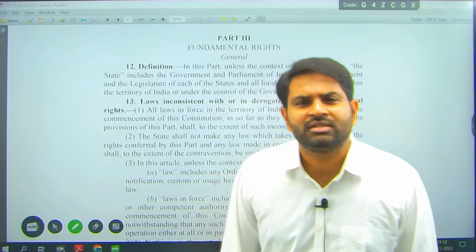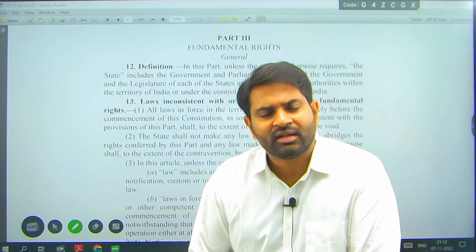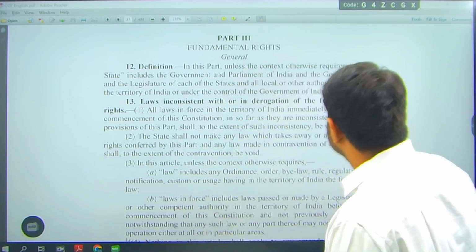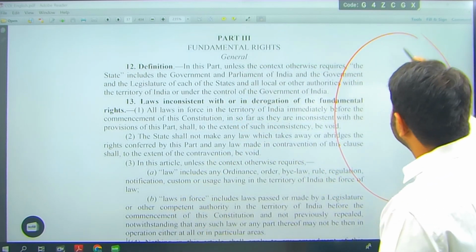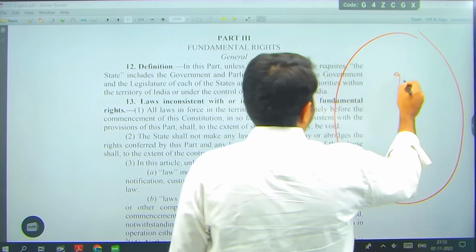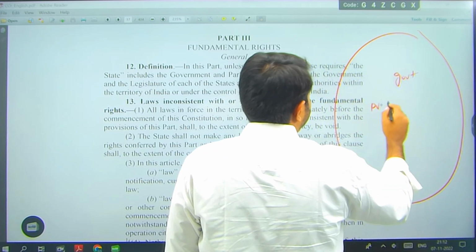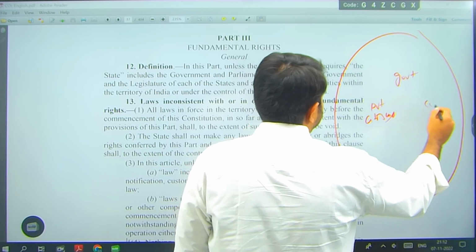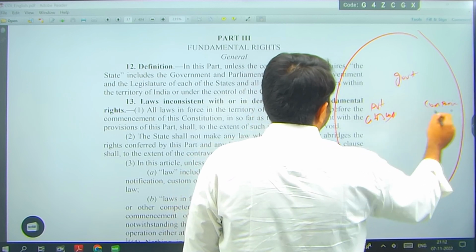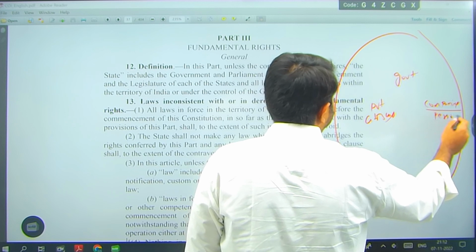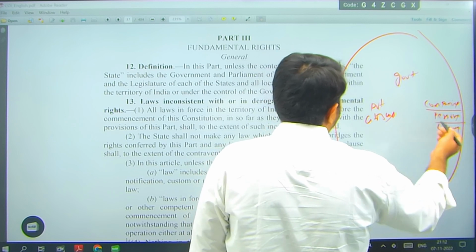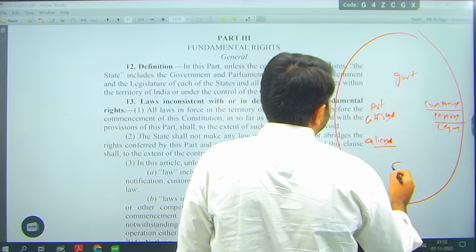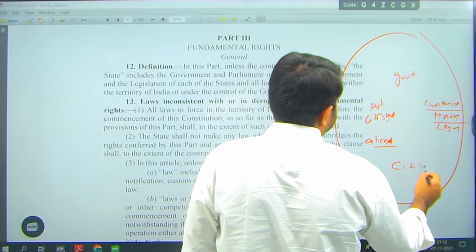Who will create hindrances to you? How will you get hindrances? Let us see the ecosystem. We have India. In India, what is the ecosystem we have? We have government, we have private people, that is citizens, we have companies, we call them legal persons, and we have aliens who are called foreigners, then we have ourselves, citizens.